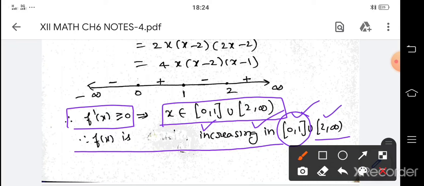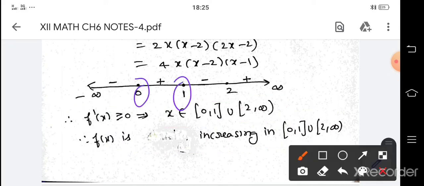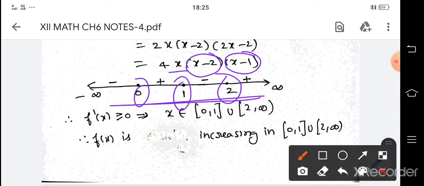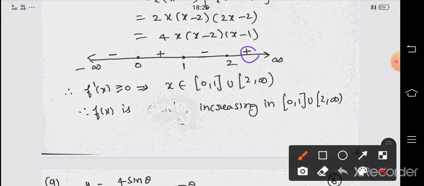Right. Now the next question: try to understand how we got 0, 1, 2, meaning x can be 0, x can be 2, x can be 1. From this only I have put all these values. And minus infinity and plus infinity we always put. Then we divide the intervals. One more thing here: when this kind of changing negative, positive, negative, positive, negative comes, all are linear expressions. Then only it will come.